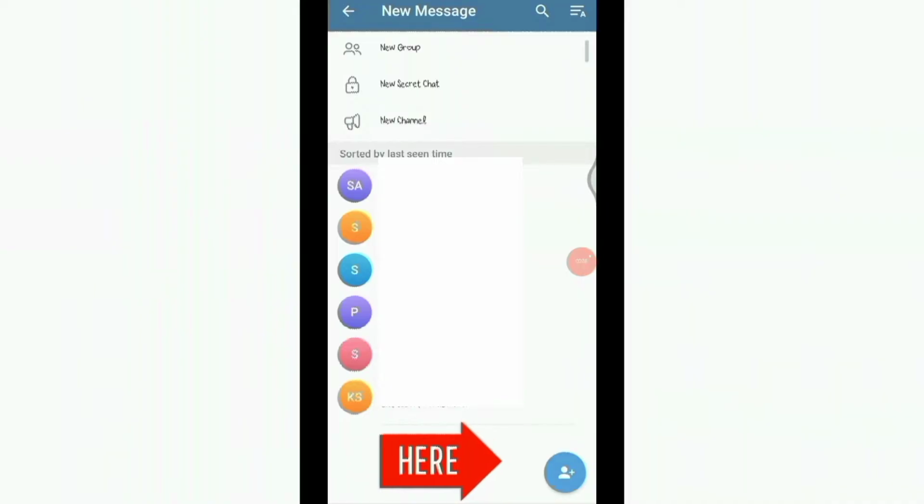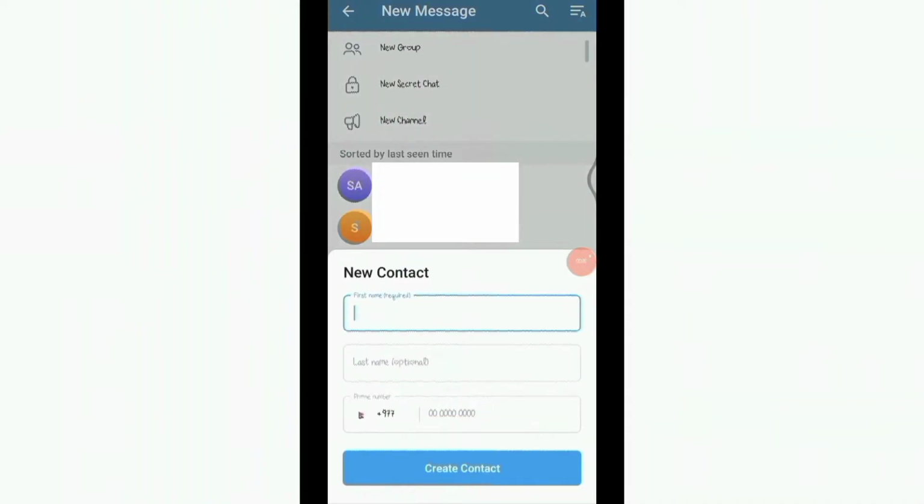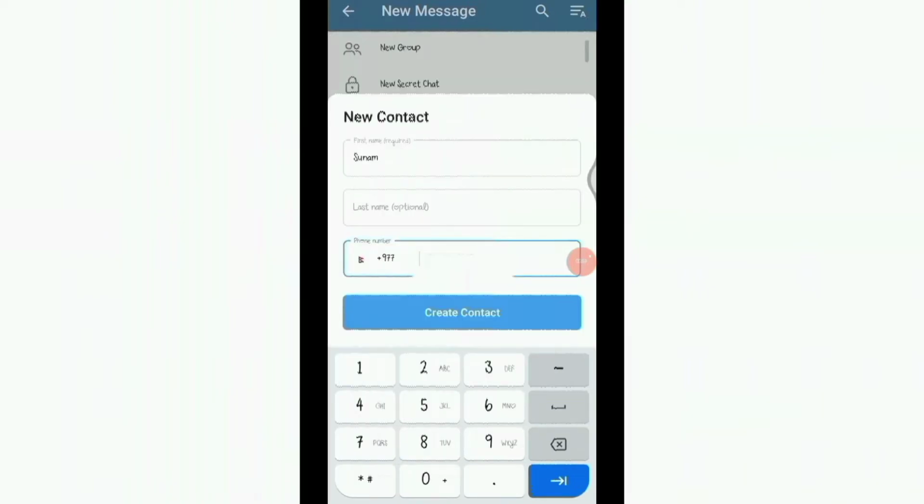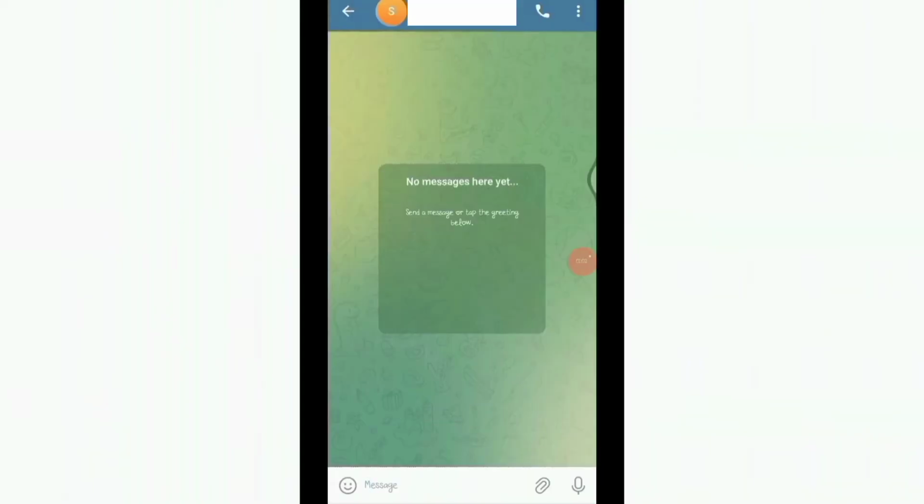Again click on it and something will pop up. Here you need to add the name and phone number of the person. Once you're done, click on create contact, and if this person has a Telegram account, it will directly take you